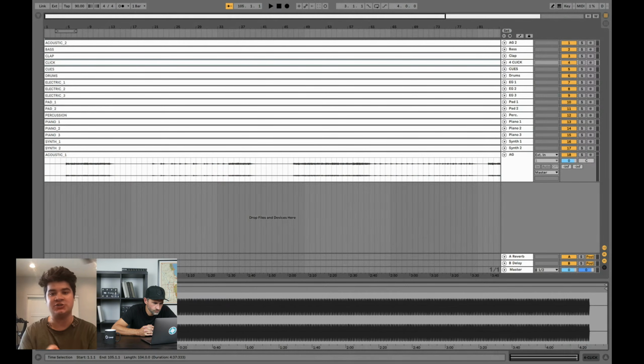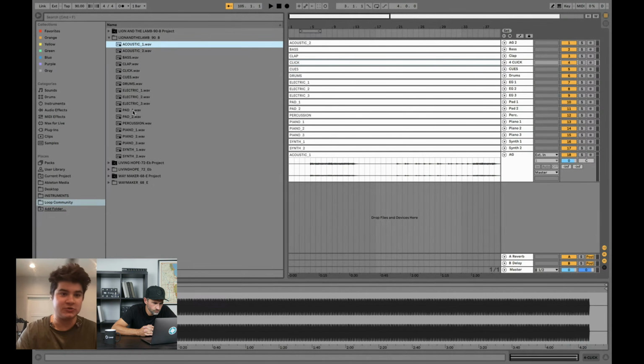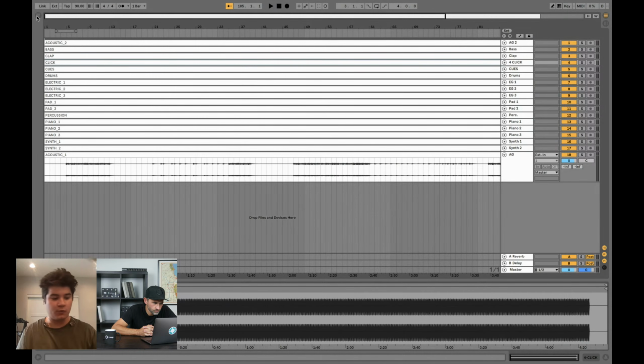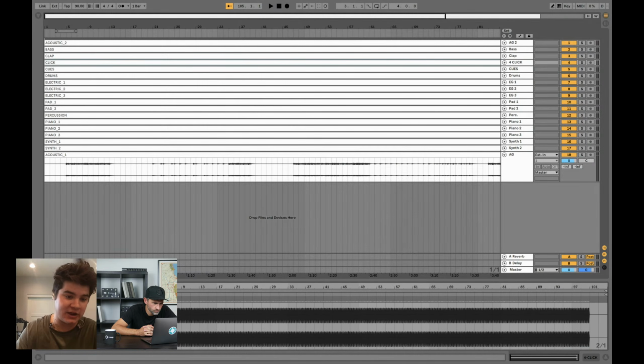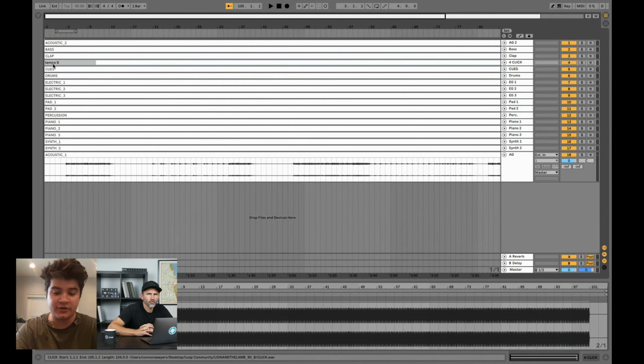So if you're going from 90 to a couple other songs we're doing today, like Lion and Lamb, Living Hope, Waymaker, if you're going from Lion and Lamb into Living Hope, you're going from 90 to 72. I like it just to switch over for me. It'll go from one song into the next super simply and super smoothly. So the first thing I do is I warp and I make that follow. So all of these stems are now following this click, which I often rename tempo, and then whatever the tempo is. So tempo 90. I also am a big fan of caps, so I like to use caps.